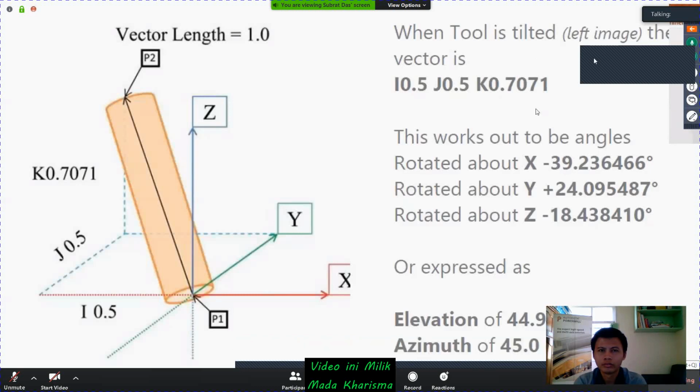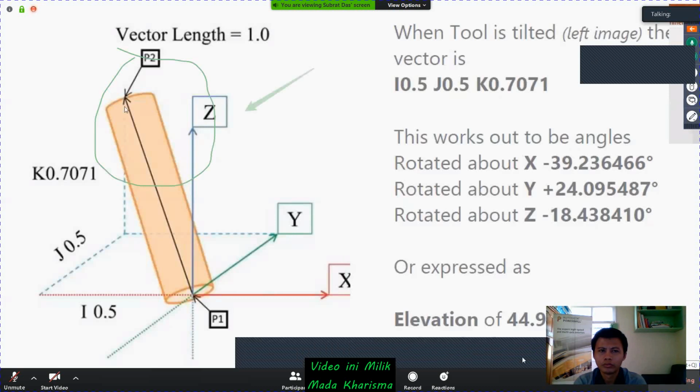If you are interested in elevation and azimuth angles, for these same vector values the elevation angle will be almost 45 degrees and the azimuth is 45 degrees. That is the main concept of these I, J, K values. Based on this, we can calculate the vectors.